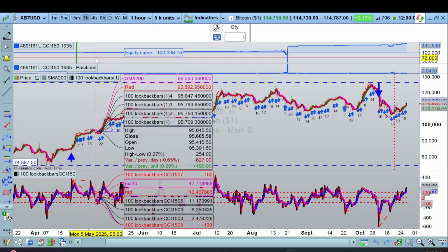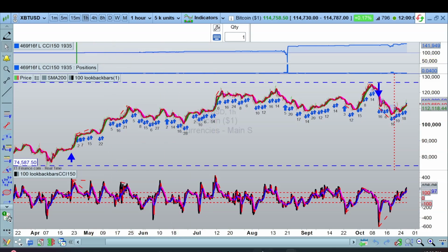Now that's considering you can afford to buy the $20,000 whatever it is at the moment, or whatever it was back then. Again, you can also buy obviously fractions of Bitcoin to trade, so this is just using one Bitcoin as an example. But again, following the whole process, going long when assuming the daily is long as well, going long when